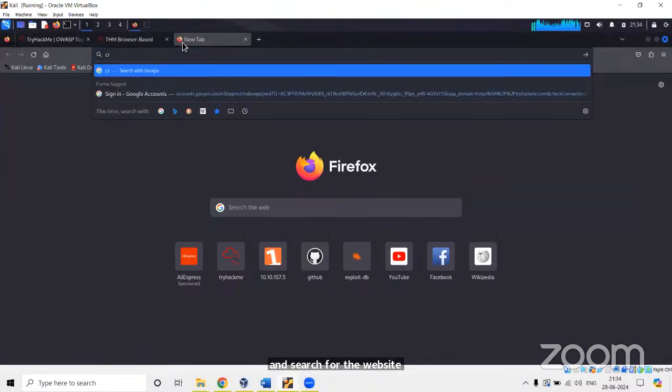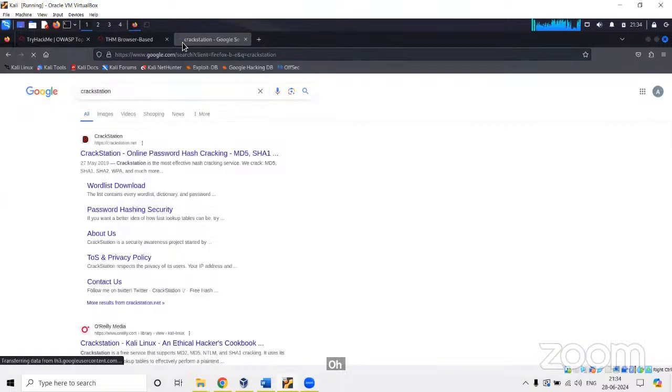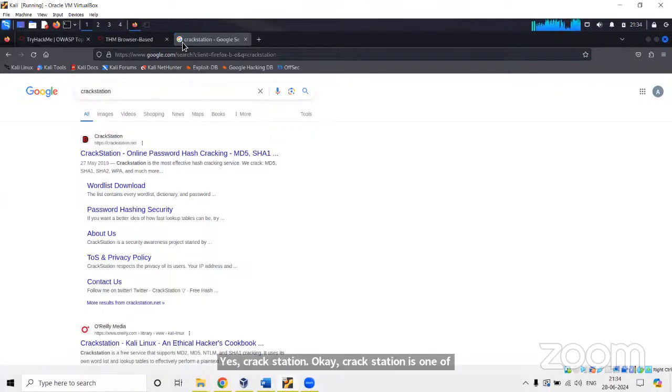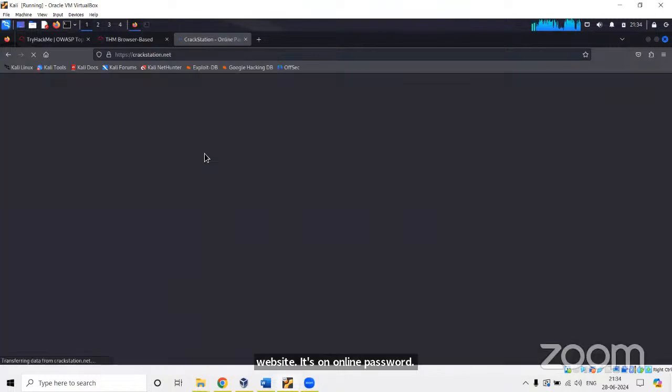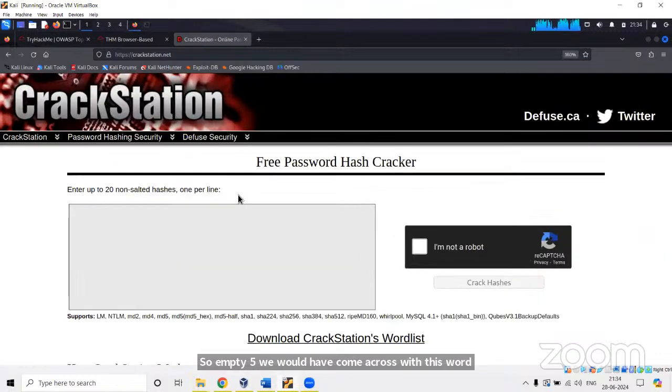Yes, CrackStation. CrackStation is a website. It's an online password hash cracking website. We would have come across the word MD5 hashing method. MD5 is the oldest hashing method. It is an outdated hashing method. So if anybody is using that outdated hashing method, it would be easy for an attacker to know